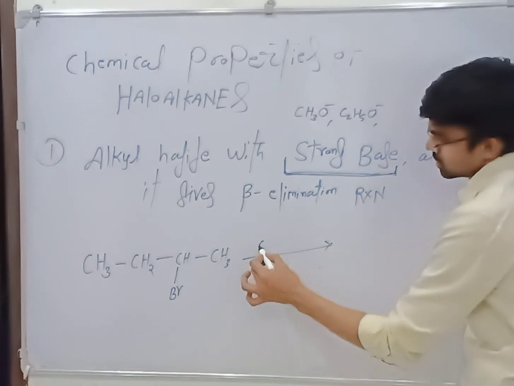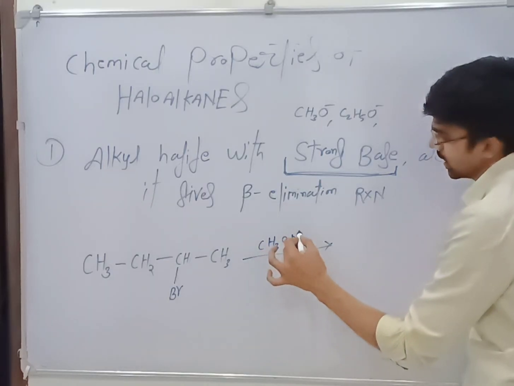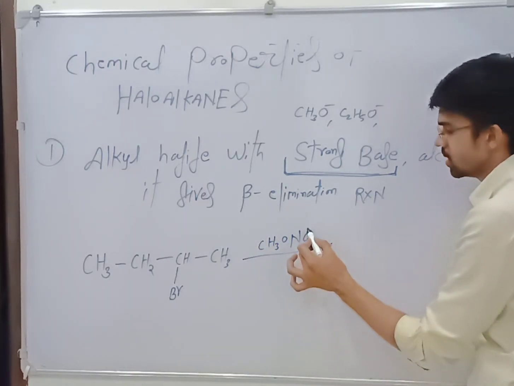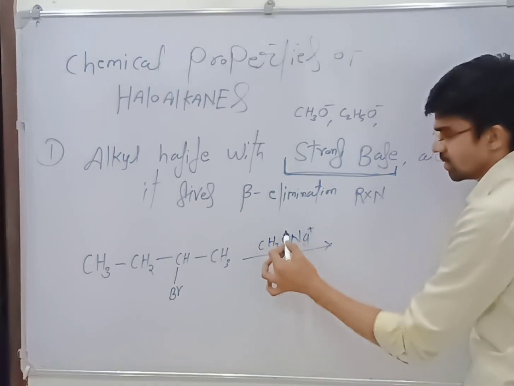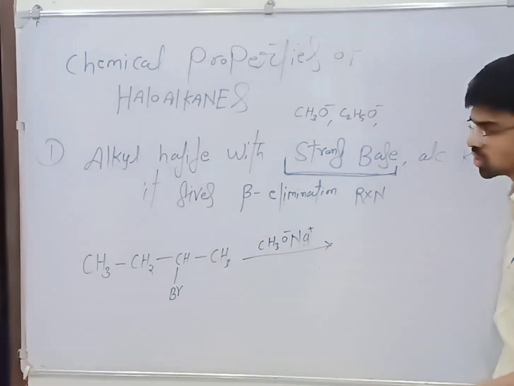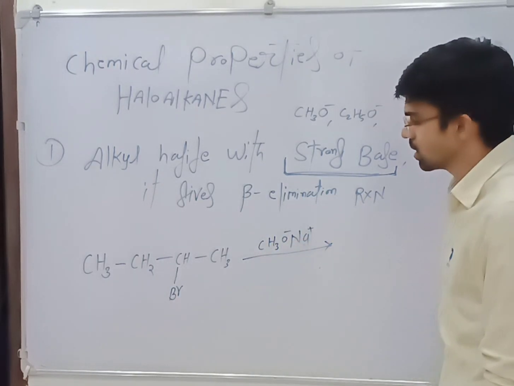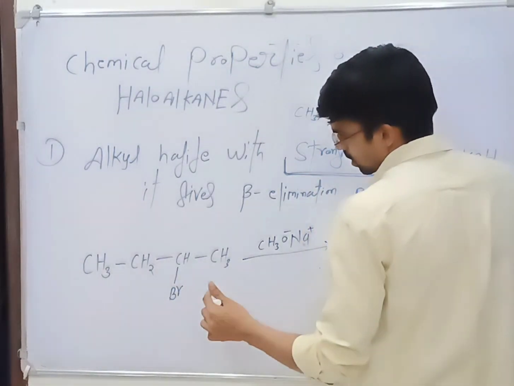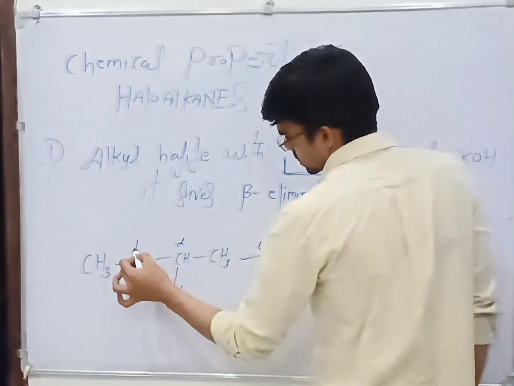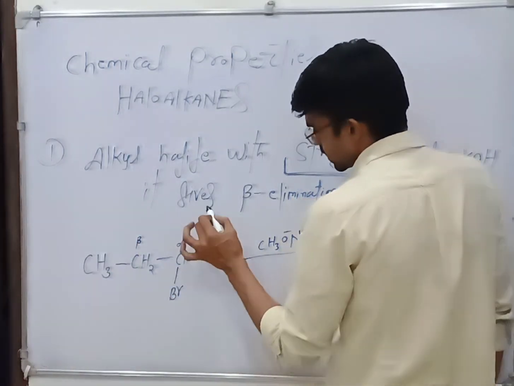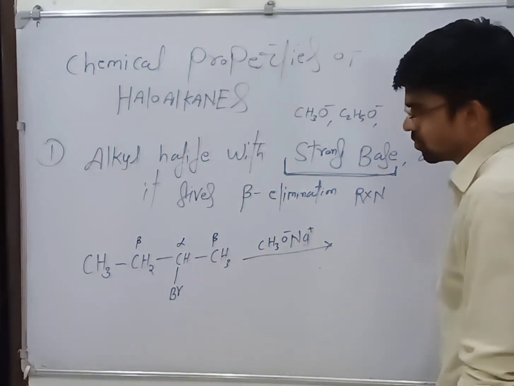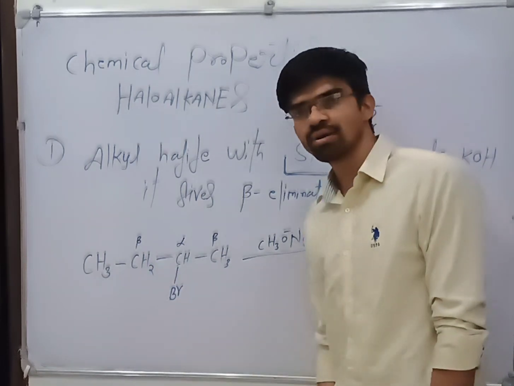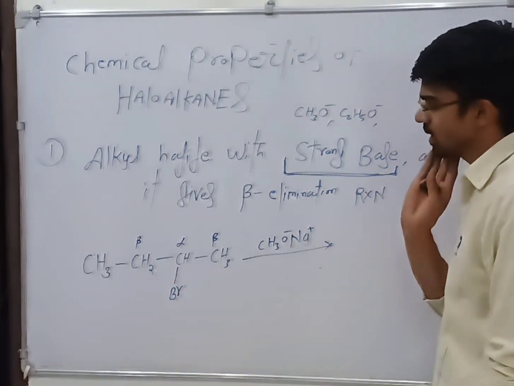Like if we take CH3ONa, है ना, so here Na will be removed as Na plus and it will form CH3O minus, which is a strong base. So in the presence of a strong base, what happens? This is your alpha carbon and this is your beta carbon. Here two beta carbons are there. So from the alpha carbon halogen is removed and from the beta carbon hydrogen is removed and it will give you